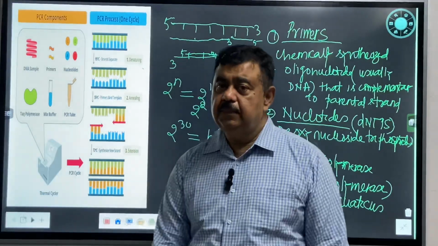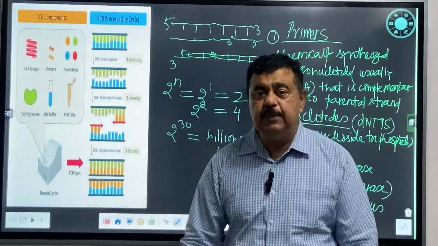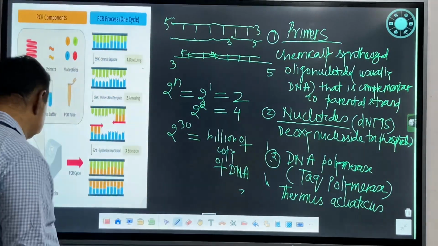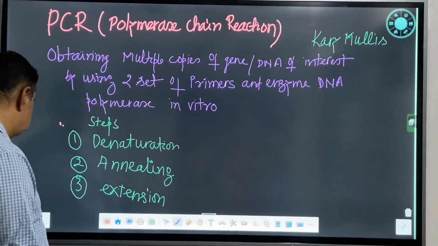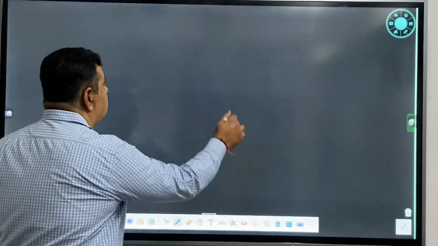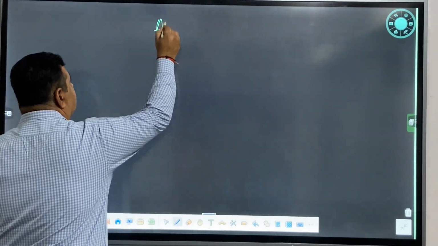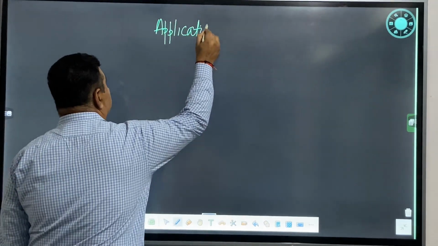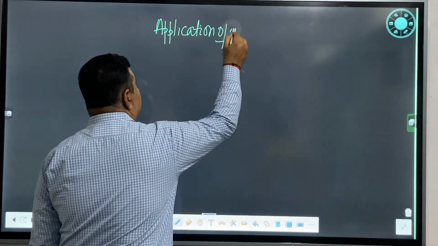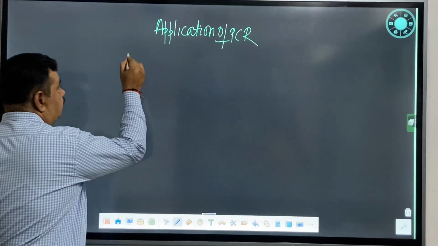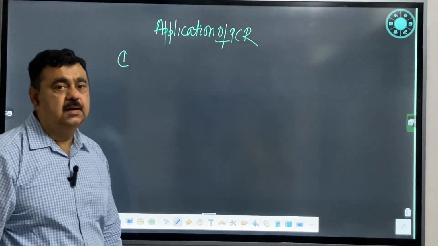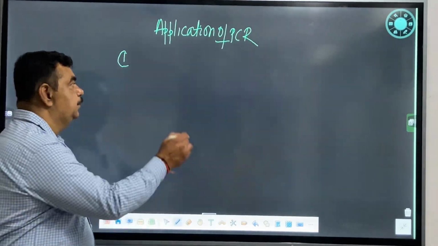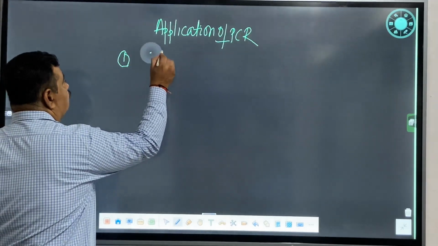Now the question is why this PCR, or what is the application of PCR? For that we have to study the applications of PCR separately. So of course the first application you have already seen, that you can get multiple copies of the desired gene or DNA. The first application is to obtain